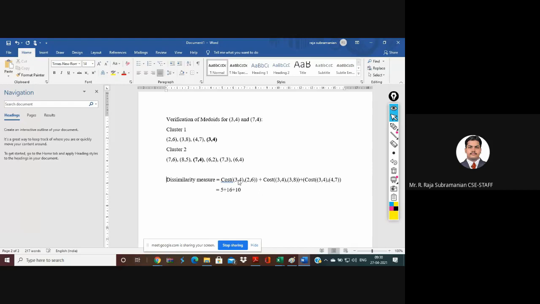This is the dissimilarity for cluster 1, and for cluster 2 I can do the same thing. So that is the cost of 7 comma 6. 7 comma 4 is the center, so cost of 7 comma 4 comma 7 comma 6